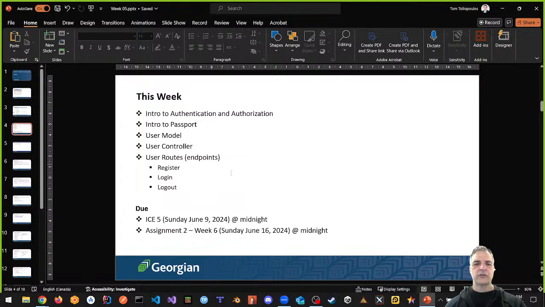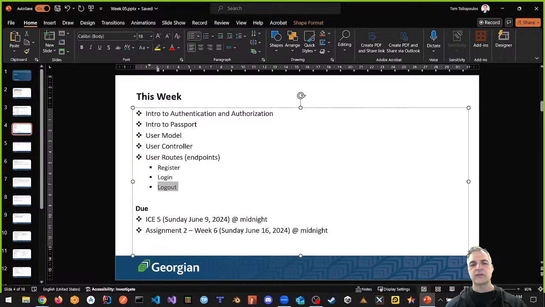And so this week we're prepping for this. We're making our login and register routes. We're making our logout route. Logout is really used on the front end. The back end, as you'll see when we have JWT, JSON Web Tokens, which we're going to be talking about next week, is not really